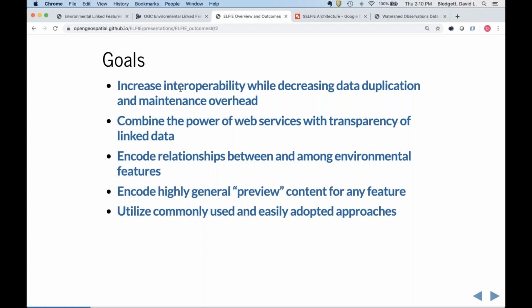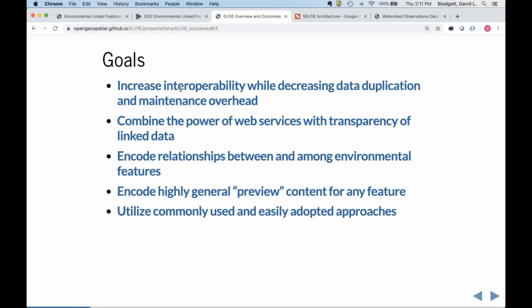Getting into the goals more specifically, the top level purpose was to achieve interoperability with a decrease in the level of duplication and maintenance required across data systems, where one data system is the set of, say, rivers for the country, and the other is the set of observations on those rivers.